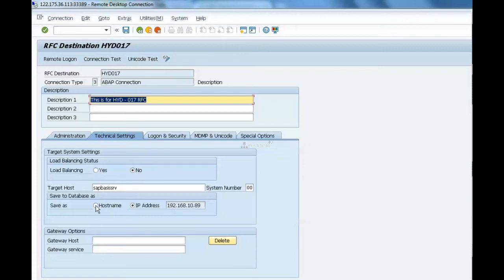After target system, there is one more column like message server. Where is that? The same screen, the SRM system. Can you show me that?